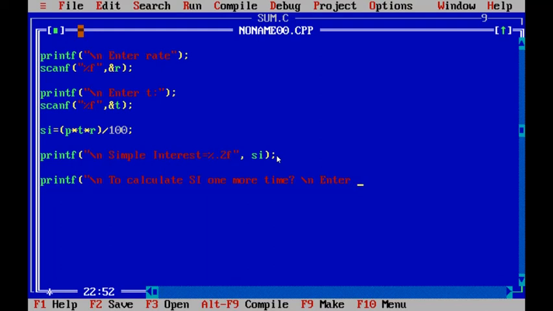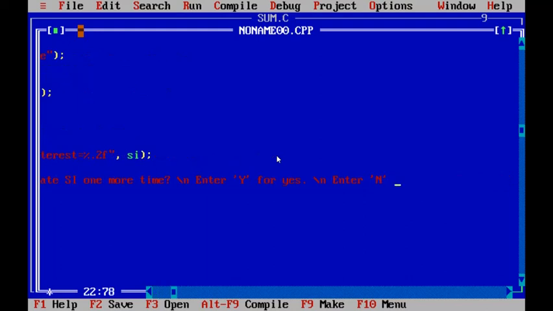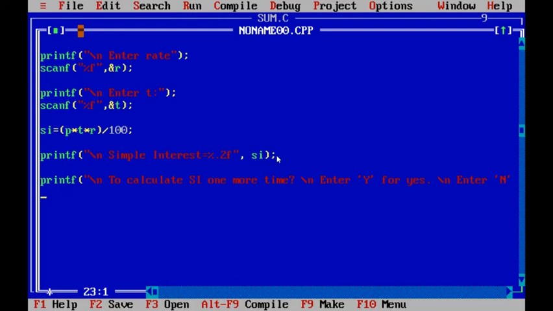Enter Y for yes, \n. Enter n for no. Double quotes \n double quotes parenthesis close. This is the statement.